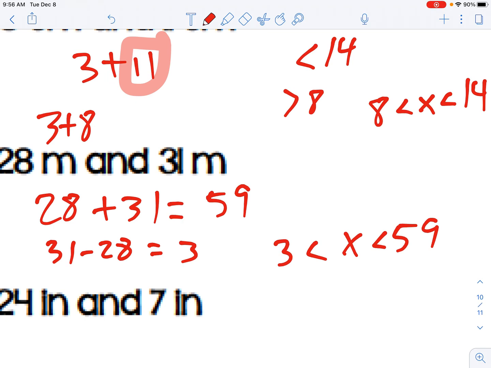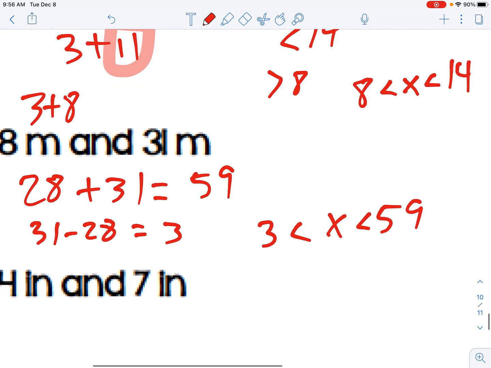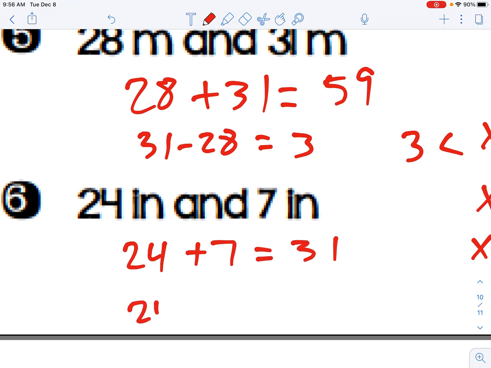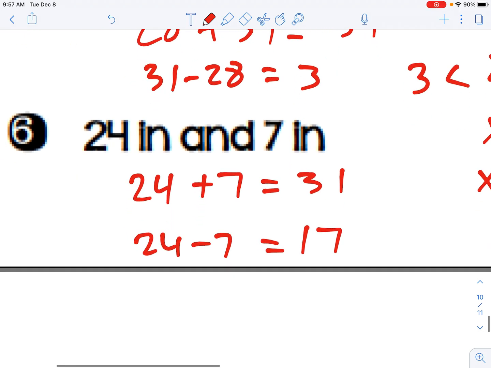Less than 59. So you can write this like this, too. You could say I have to be greater than 3 or less than 59. I'm just writing it all as one: 3 has to be less than x, and that side length has to be less than 59. Likewise, add them, subtract them, make our inequality. All right, guys, you have